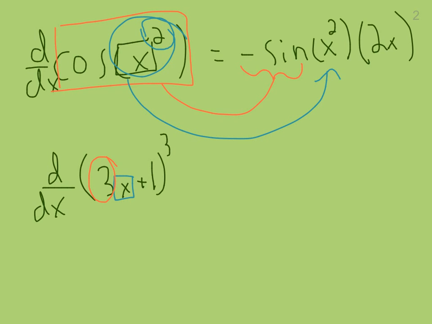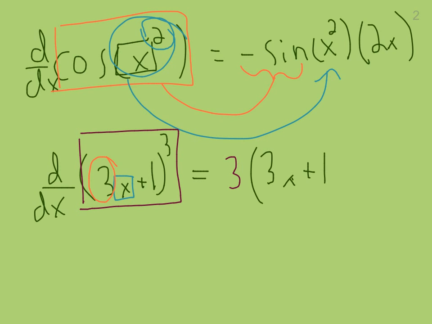And then that is all being cubed. So, what do we do when we take the derivative? Well, the last stage was being cubed, so the first stage in the derivative is to take care of that cubed. How do we take care of exponents? Simple. You drop it down, so 3. Leave the inside unchanged for now: 3x plus 1